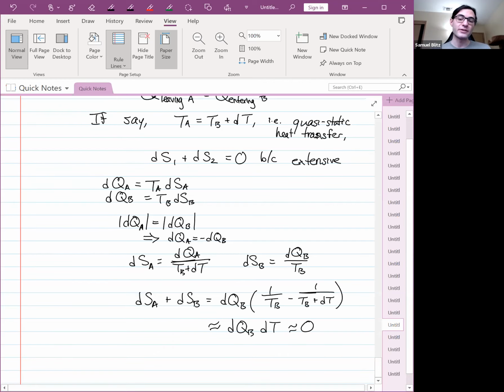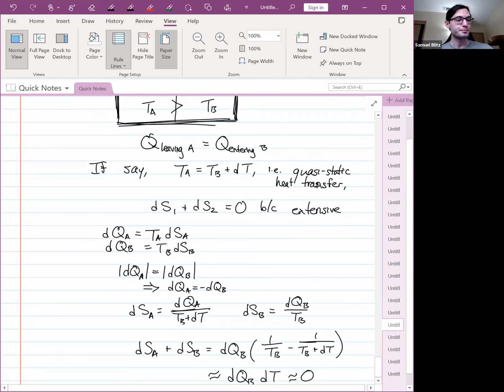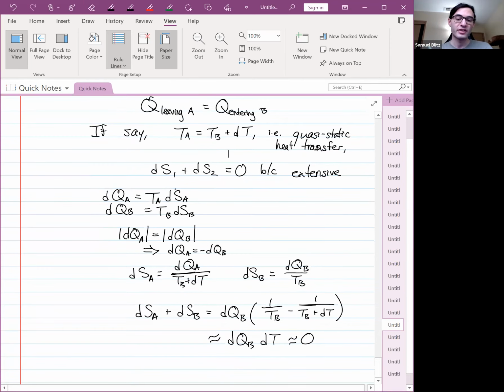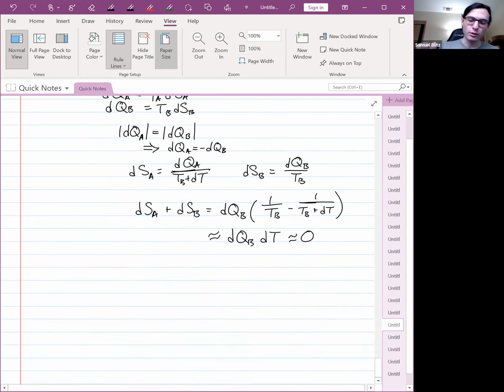So the point is, if the process is infinitesimal, or if the process is done reversibly, i.e. infinitesimally, then what we find is that the sum of the changes in the entropies is 0. That's what we found here. And in the infinitesimal limit, it just is equal to 0 rather than being approximately 0. Now, however, for an irreversible process,